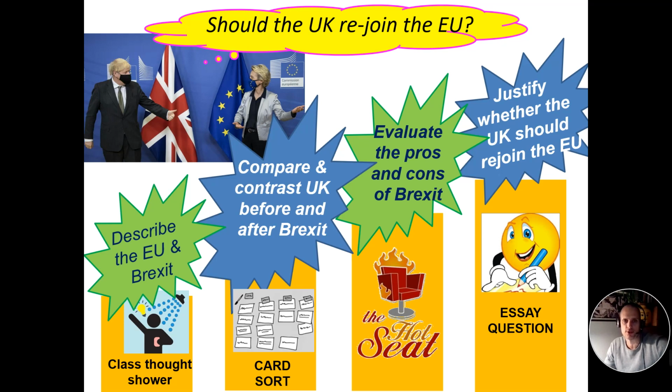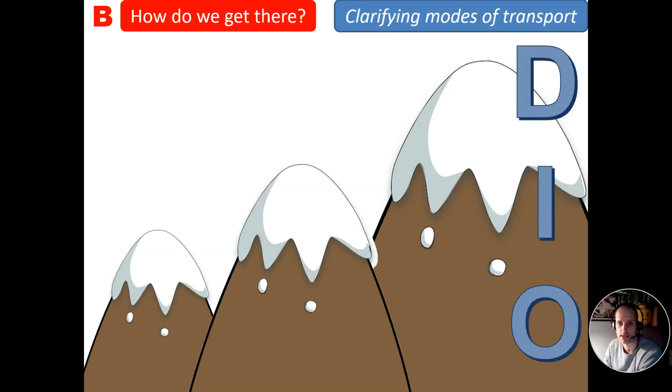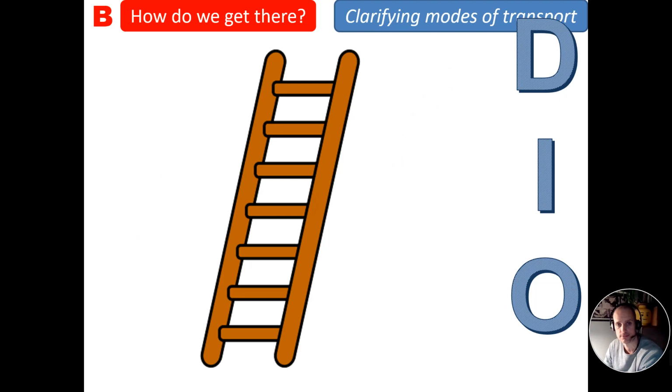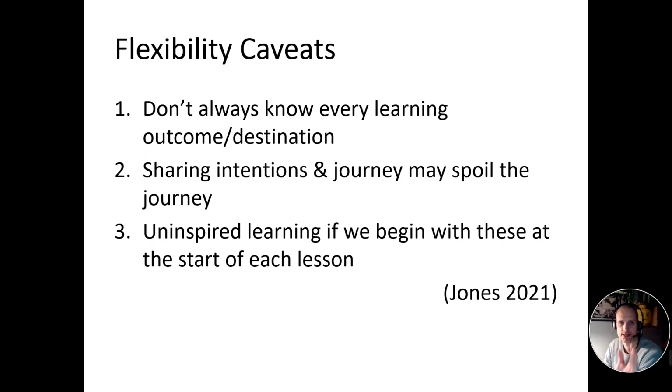But can you see what I'm doing there? First of all, I'm presenting in quite an engaging way the big picture for learning, or the learning journey that we're going to go on as a class. But also, I'm absolutely differentiating between the learning intentions, learning outcomes, goals, aims, etc., and the activities. I recommend that you do this. It's a really nice way of doing so, and you can diagrammatically present it in all kinds of ways: mountains, medals, ladders, stepping stones, etc.